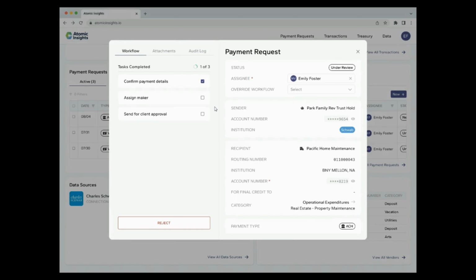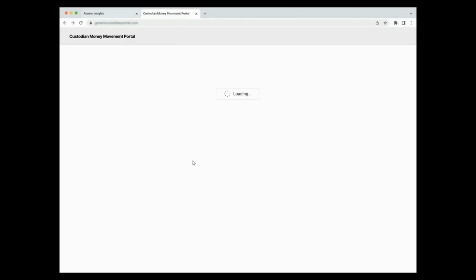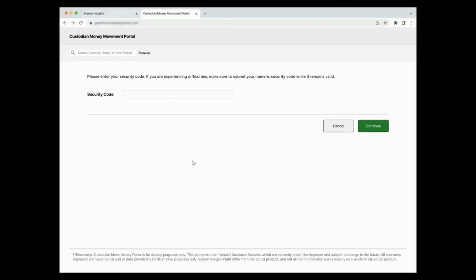So we'll confirm the details as I mentioned. We can assign it back to the maker as needed. We could also send it to the client to approve if our protocols for any reason required all of those things. But ultimately we'll approve this payment, and assuming we got the client's approval, then we'd send it through to the custodian. Now again, keep in mind that for a payment like this where we have the SLOA in place